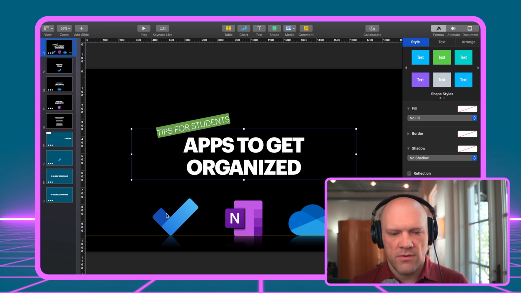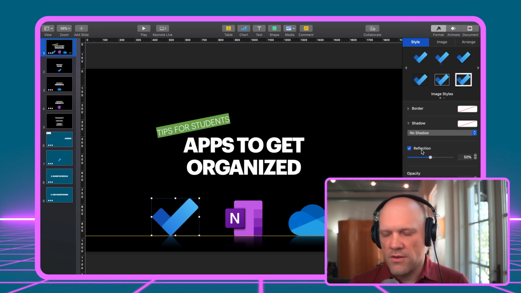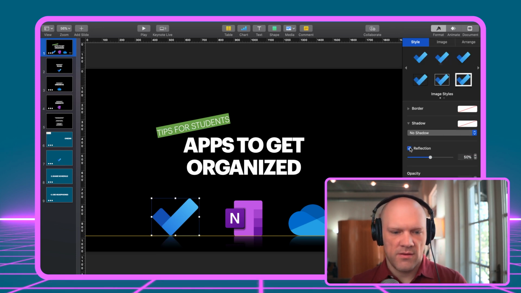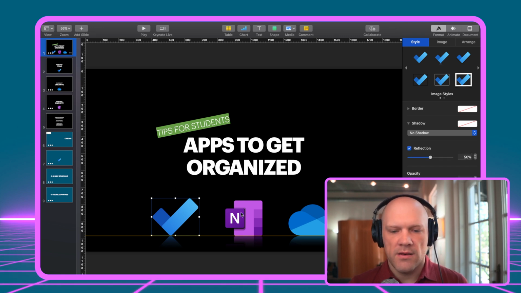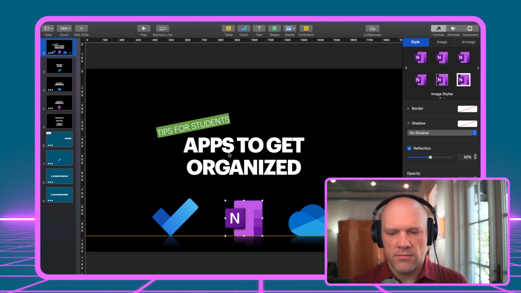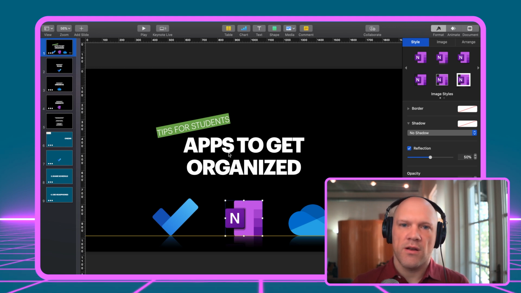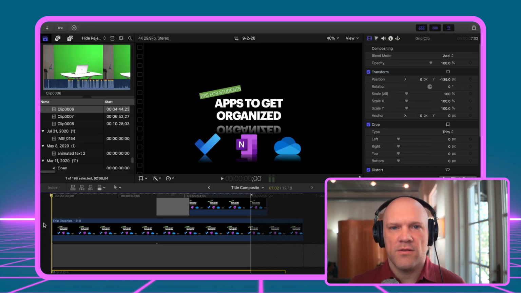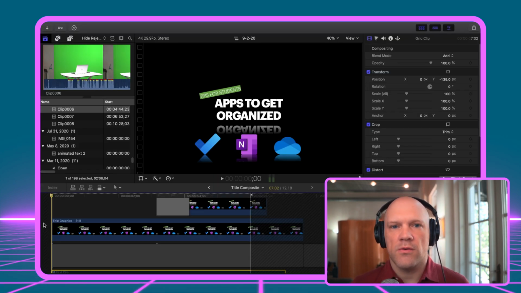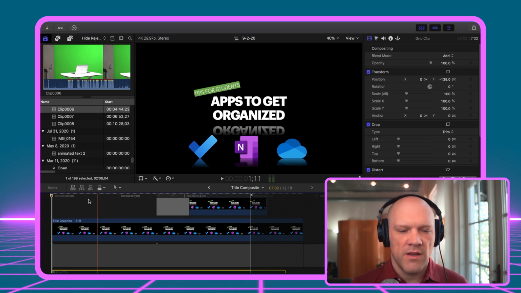But if you're just trying to throw something together and you want to add some effects like just a simple reflection, it's just as easy as doing a checkbox, and just things like that, laying out everything. I can just jump into here a little bit quicker than I would in Photoshop, for instance. So that's why I like to use Keynote for making titles or basic animations for videos.